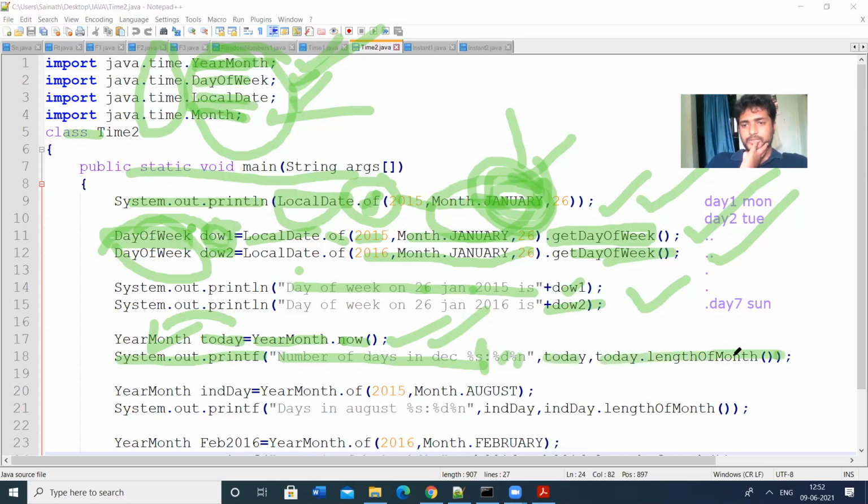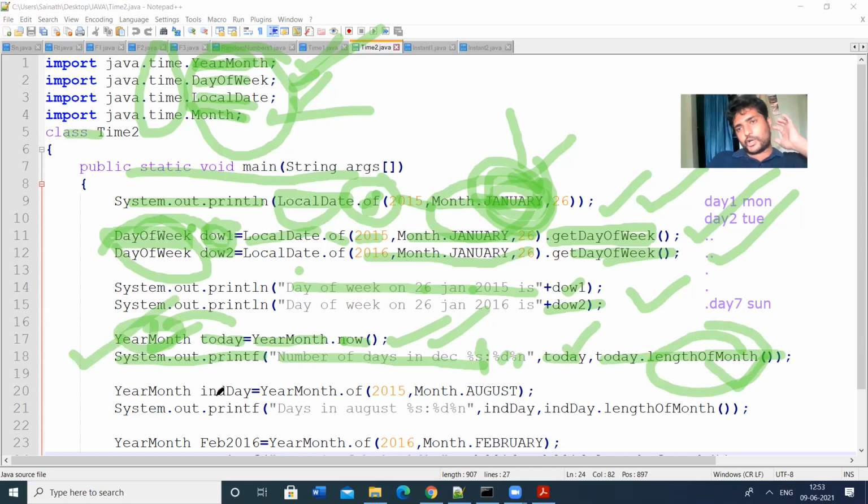Then today.lengthOfMonth. Length of month is a method in the YearMonth class. So today's year and month is displayed along with the number of days in that month, either 30 days or 31 days. That can be displayed with the help of this method.